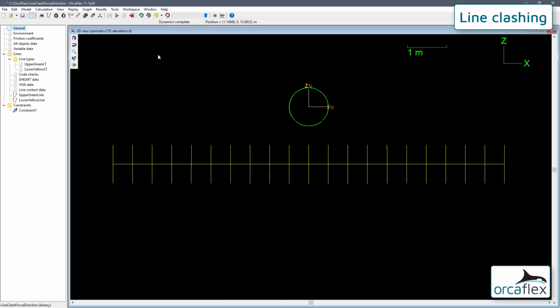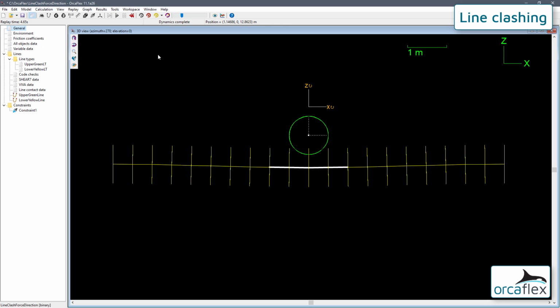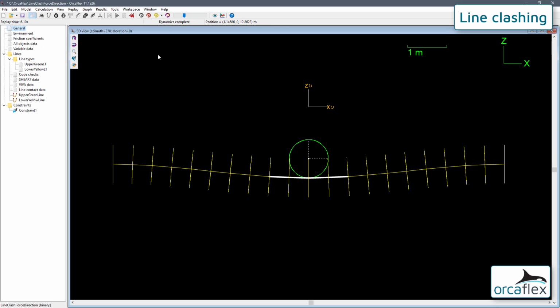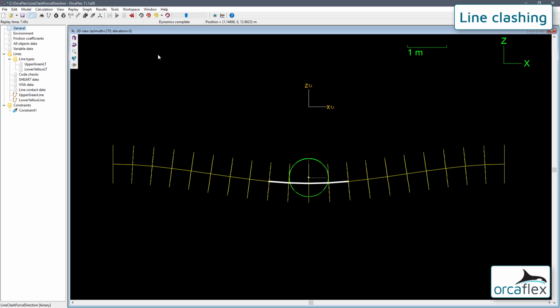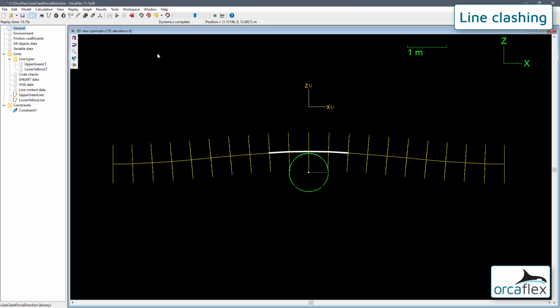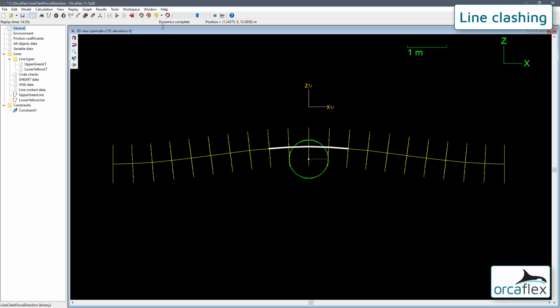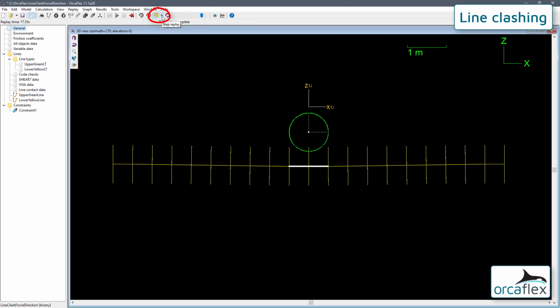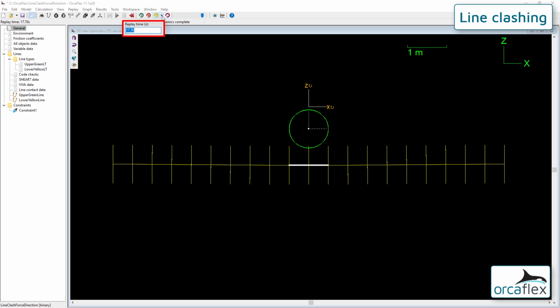After running the simulation, we now see the green line moving down and the yellow line being deflected as before, but at a certain depth of penetration, the green line suddenly appears to break through. Let's stop the simulation and move to a specific time step, 8.05 seconds. I can do this by clicking on the small triangle next to the replay pause button and entering that value.